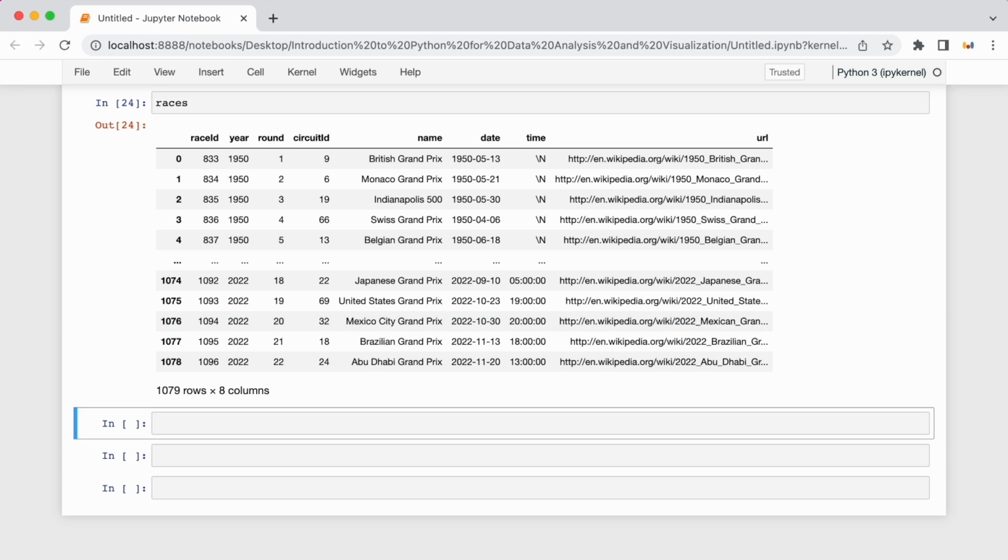I want to transform this data frame before I visualize it with the charting libraries. I want to group it by the specific Grand Prix, which is in the name column, and I want to count the number of occurrences of each Grand Prix. You can do that using the group by method in pandas. So I want to group by this name column, and you can do it like so. You just type